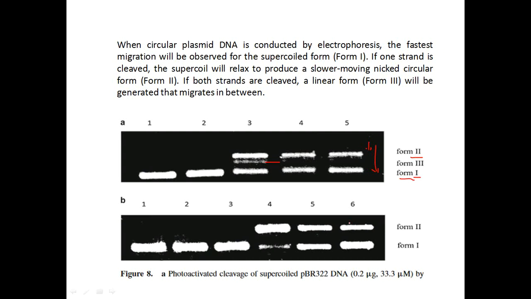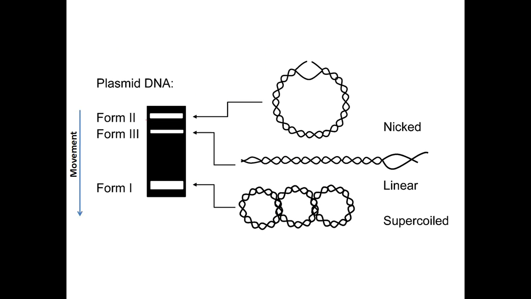So what are these supercoiled, linear and open circular forms of DNA? That we'll see, right? So this is form 2, we said, that is the nicked DNA. Form 3 is the linear DNA. Form 1 is the supercoiled. Supercoiled DNA is nothing but a very condensed DNA where the DNA strands are highly strained and twisted, with multiple twistings, and it is a completely compact DNA structure. So this is called a supercoiled DNA, right? You take a circular DNA and that circular DNA is compressed or coiled up very tightly. That is called a supercoiled DNA.